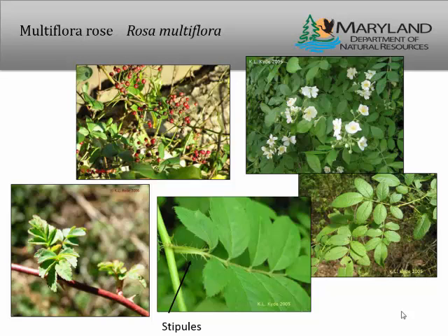of our native roses. And if it has, I don't know how to work the laser pointer on here, but bottom middle picture, you can see there are little kind of hairy, feathery growths along the base of the leaves. Those are called the stipules. And if you see those, that's not something that our native roses tend to have. So that's a good way of telling them apart and knowing that's one you want to control.